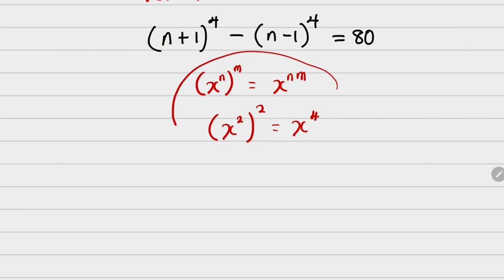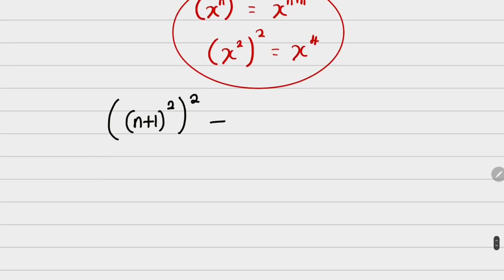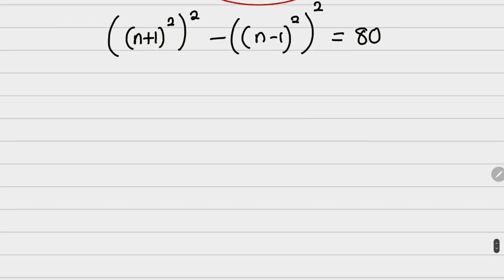Since we know this, we can come back to say this is going to be n plus 1 all squared, then all raised to power 2, then minus n minus 1 all squared, then all raised to power 2, is equal to 80. Now, having this expression, we can use the difference of two squares,